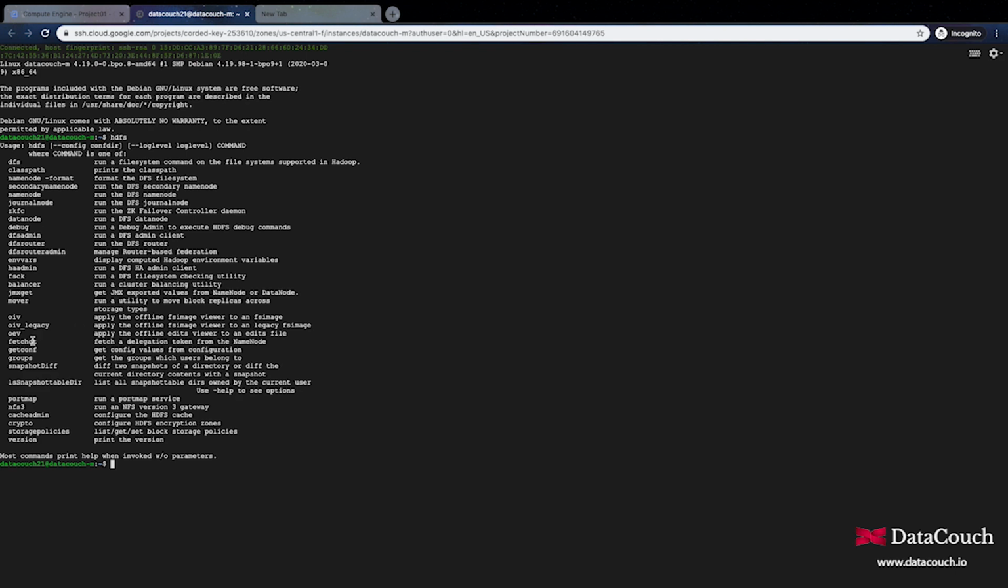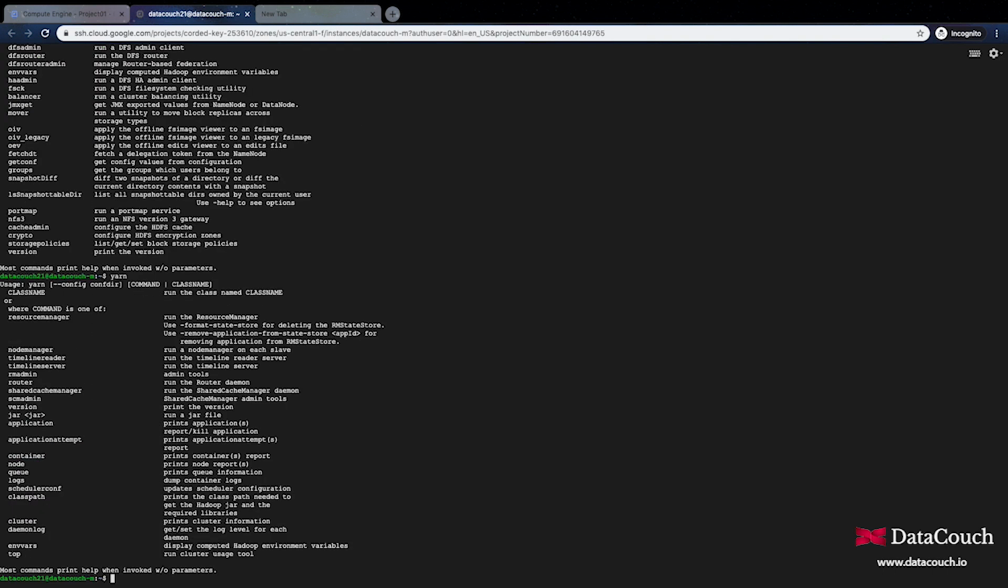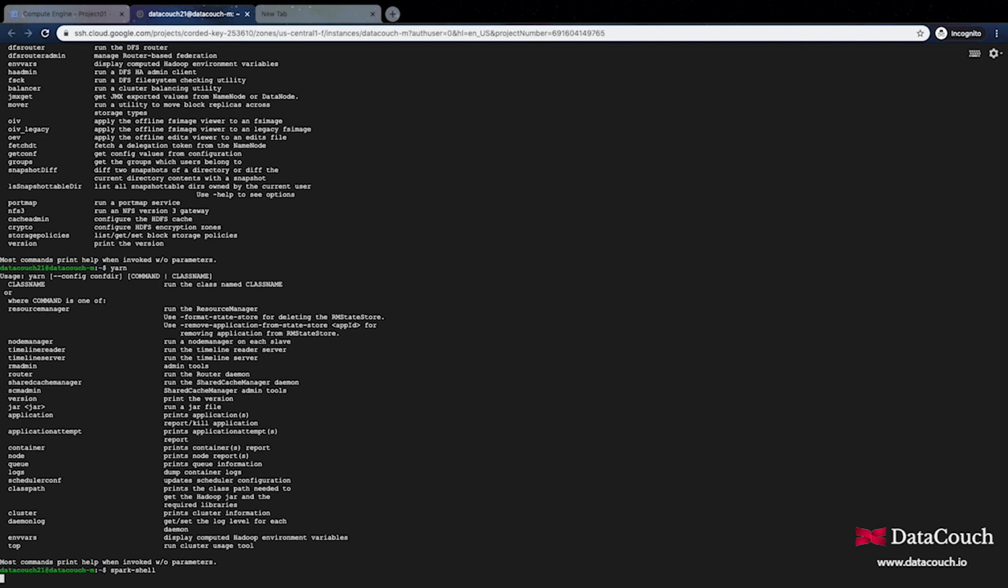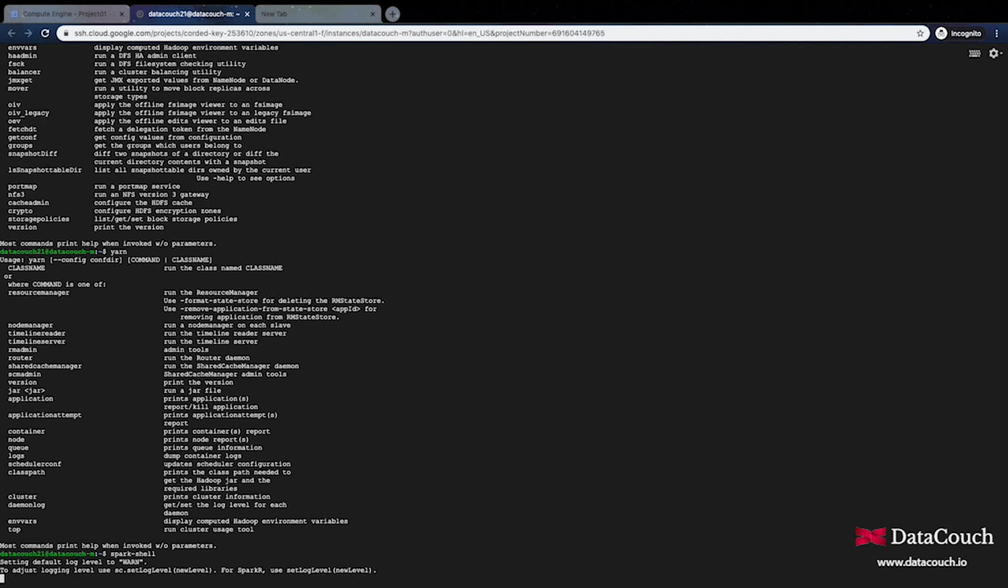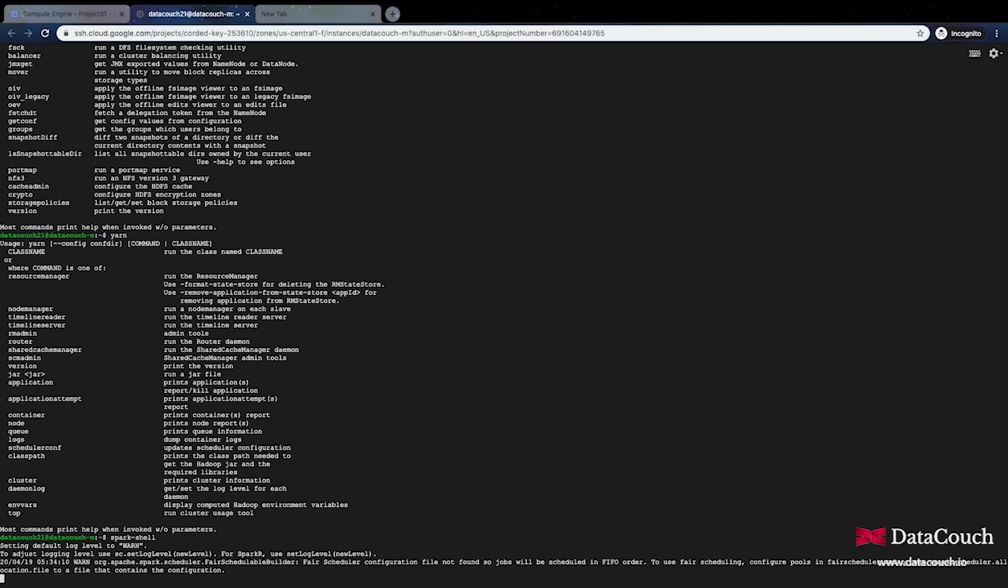So that means HDFS is already there. If I write yarn here, you can see yarn related things are already installed. So that's the beauty. If I just use Spark-shell here, this should also start working. So there are so many things already pre-installed by Dataproc, so we don't have to go into the administration part